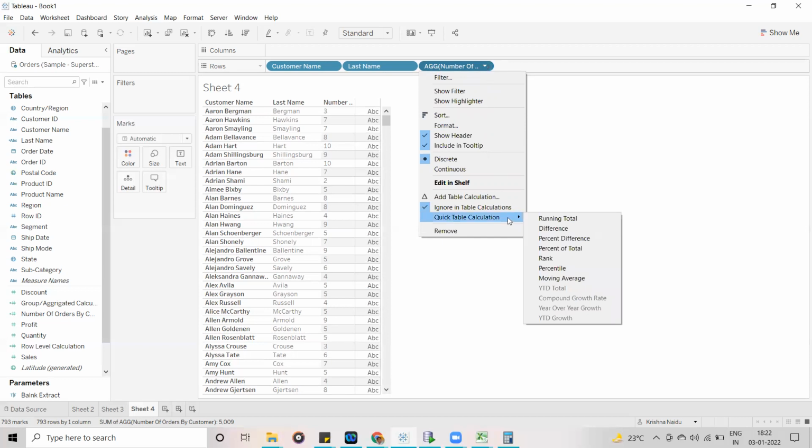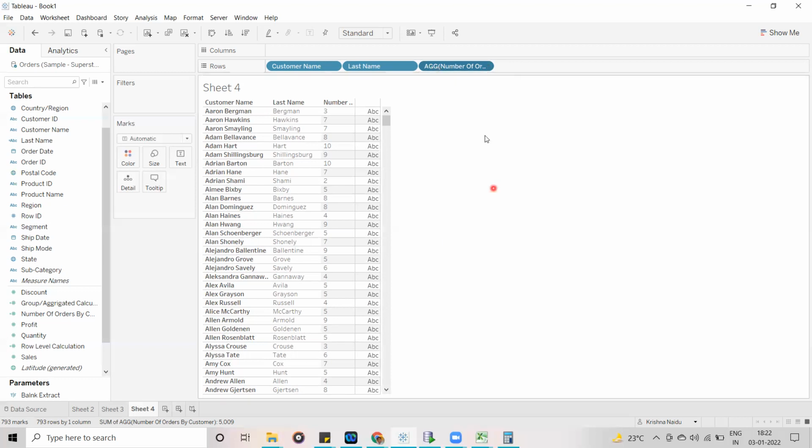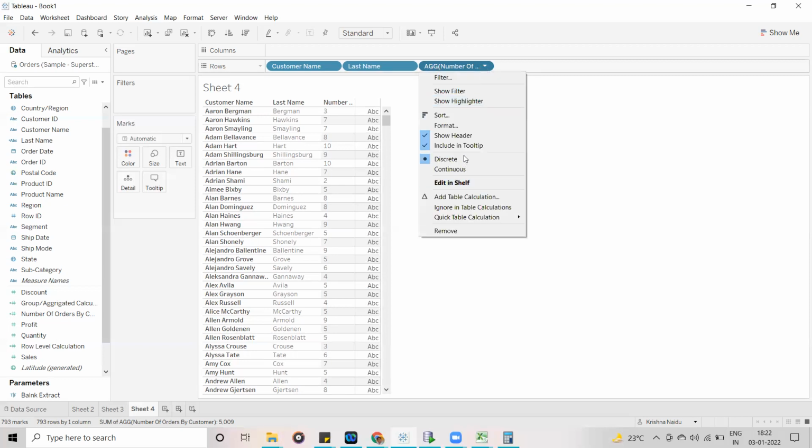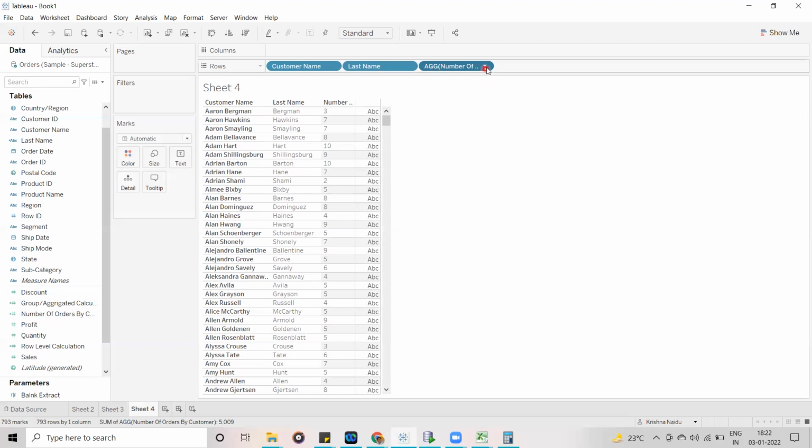Now, for example, yes, we can. Okay, now like split, right? So whatever we have written, the split, what is the calculation we have written? Yeah, last name, right?